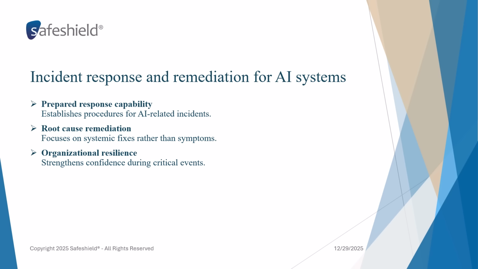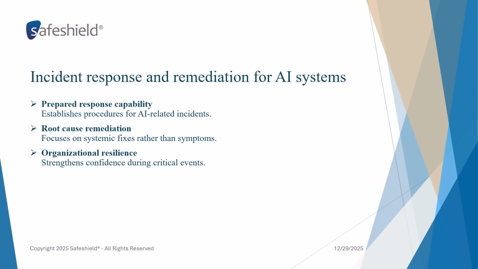Artificial intelligence systems can generate incidents that extend beyond traditional IT failures, including harmful decisions, unintended discriminatory outcomes, security breaches, misuse, or loss of control over system behavior. The NIST AI risk management framework emphasizes the need for structured incident response and remediation processes that are specifically adapted to the characteristics of AI systems. Effective incident management begins with preparedness. Organizations should define what constitutes an AI-related incident, establish severity classification criteria, and integrate AI scenarios into existing incident response